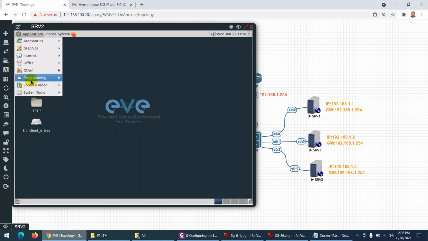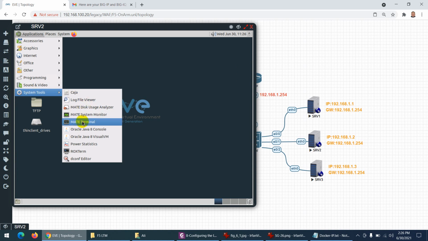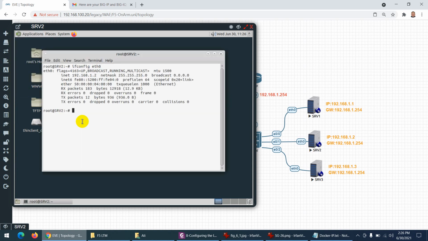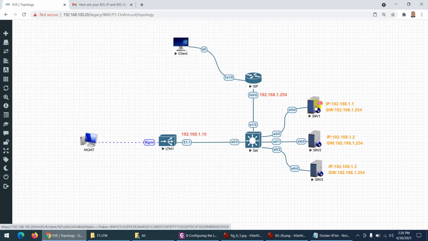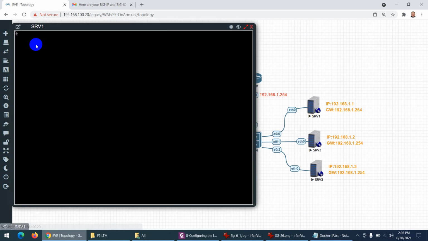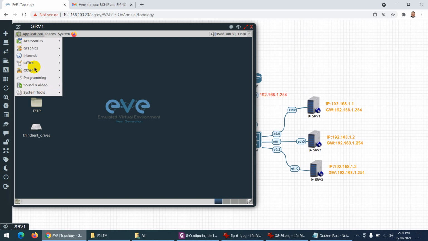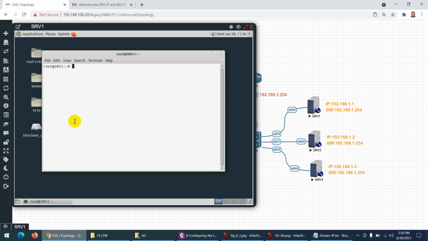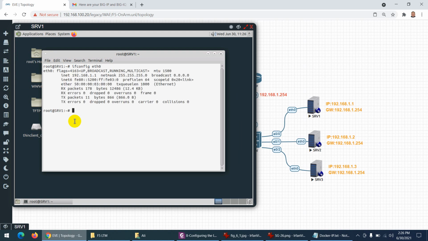I am using Docker, system tool, and ifconfig eth0. Yeah, so 1.2 is okay. This is 1.2. Let's go to server 1, go to application, system tool, terminal, ifconfig eth0, yeah, 1.1, and